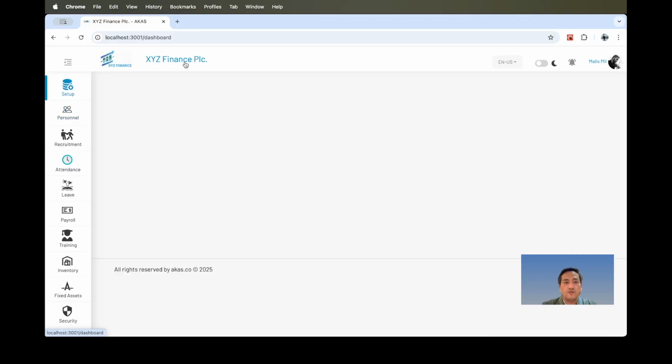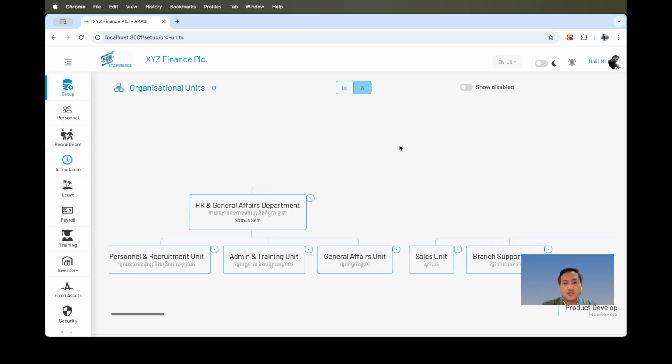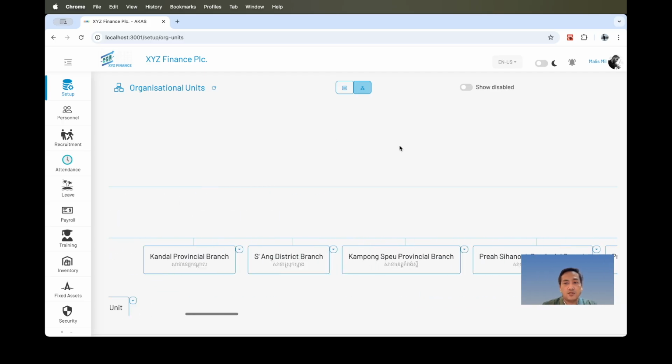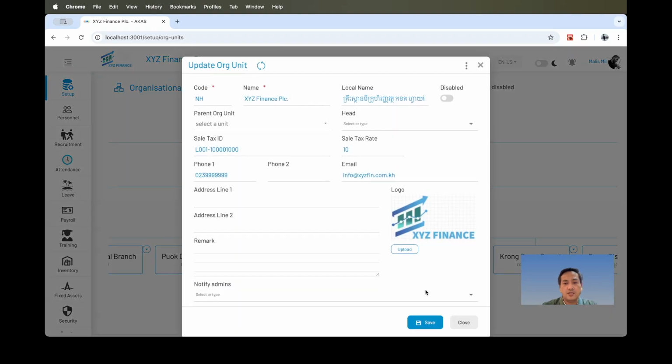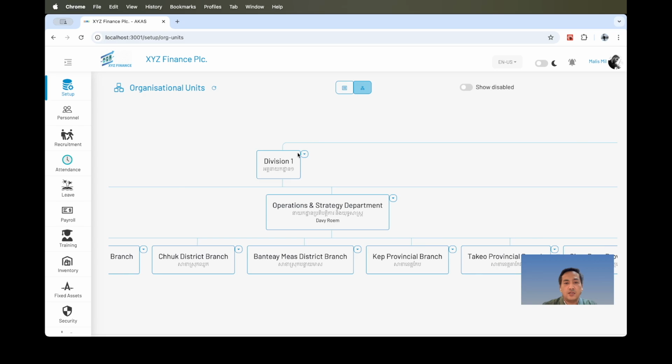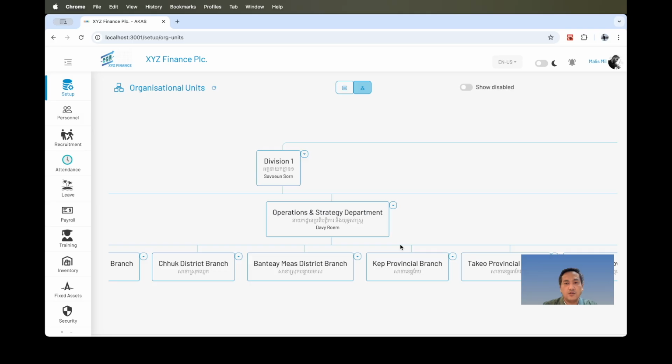And for the rest, the system will check from the org chart. So here we have the org chart, we have the company and division level, and then department level, and then section level. Then we can set up the head of division here. And the same for department and section.